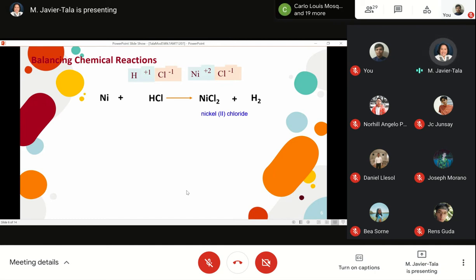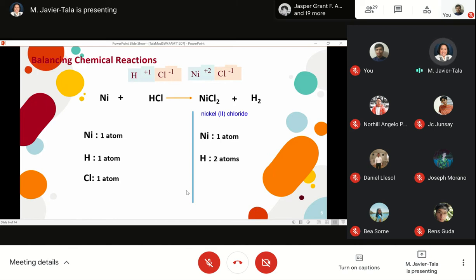So when we balance this, we can show the solution. We write down the elements on both sides. In the reactant side, nickel has 1 atom, your hydrogen has 1 atom, and your chlorine has 1 atom. While for your product side, nickel has 1 atom,